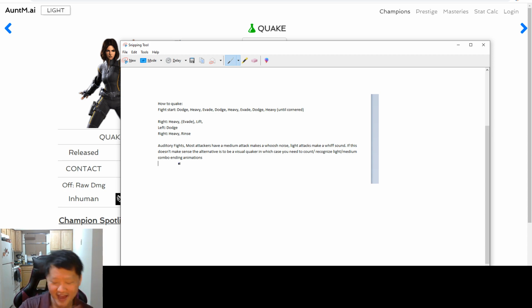But if that doesn't make any sense, the auditory dodging doesn't make any sense, just rely on full visuals and learn to recognize when a combo ends in a light and when a combo ends in a medium, because the medium and light combo ends, they're very final. When you're watching the animations on a champion, they feel finished, and that's how you can kind of count combos up in your head, knowing that the maximum is 5, and then just do your rotation from there, because the hardest part of the Quake rotation is understanding when you need to double heavy,